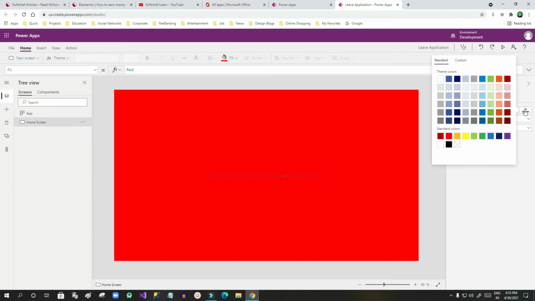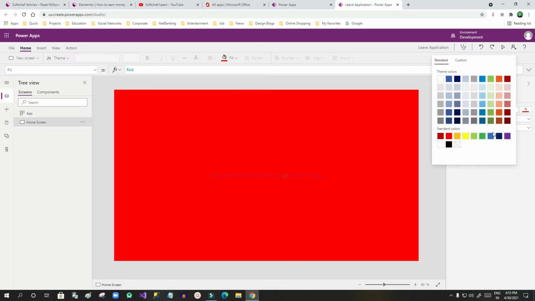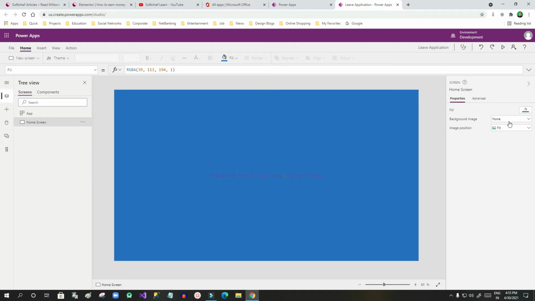Now I can also choose the color picker from the right side. This is the property screen. You can use it directly here, otherwise you can come here and select the desired color as per your need.